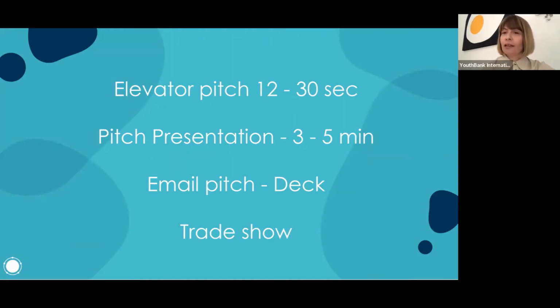And why is it called an elevator pitch? Because imagine stepping into an elevator that takes you to the 4th floor, and you see there a person, a perfect funder, a perfect partner. So how will you, in a simple and clear way, present your idea in 12 to 30 seconds with the goal to get that person that you're talking to get back to you or arrange a meeting or something similar? So it's all about the structure and transferring the right information in a short amount of time.